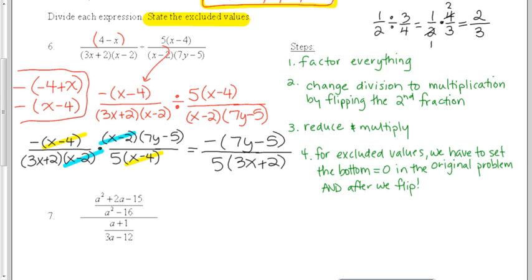We had to set the bottom equal to 0 and tell what couldn't exist. In the original problem, we had these things on the bottom, but once we flipped, we also had these things on the bottom. So just make sure that we've set every time something was in the bottom equal to 0. So my excluded values for this one,